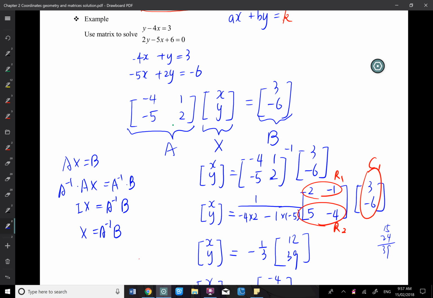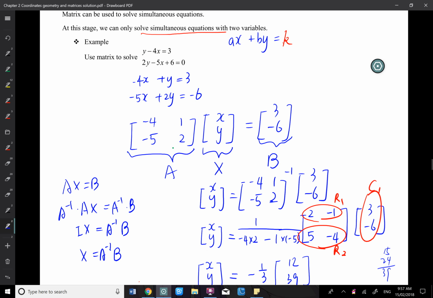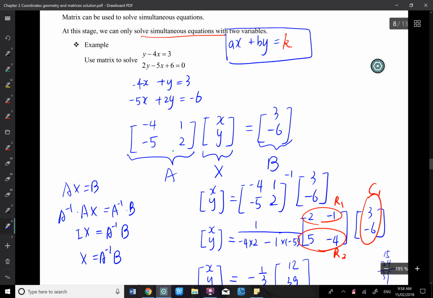Review on this one. If we want to use the matrix method to solve simultaneous linear equations, we must get the equation into the form ax plus by equals k. Okay, we must use that form. Exactly, ax plus by equals k. So,